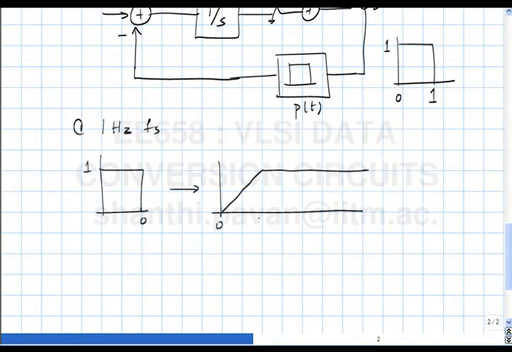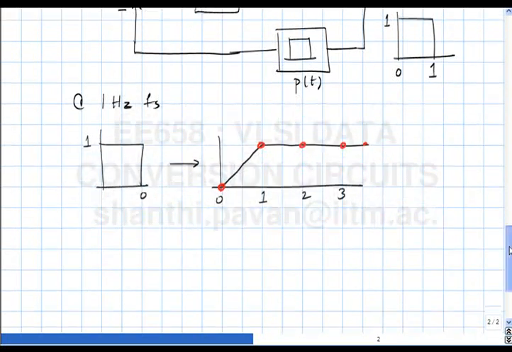So this is 0, 1, 2, etc. Alright, and I am sampling at 1 hertz. So these are the samples, correct. Now if I change the sampling rate to say 100 hertz,